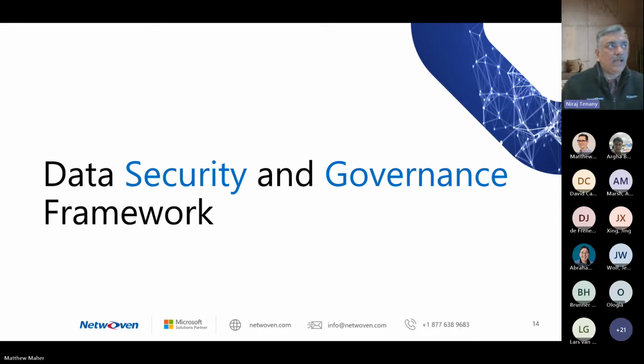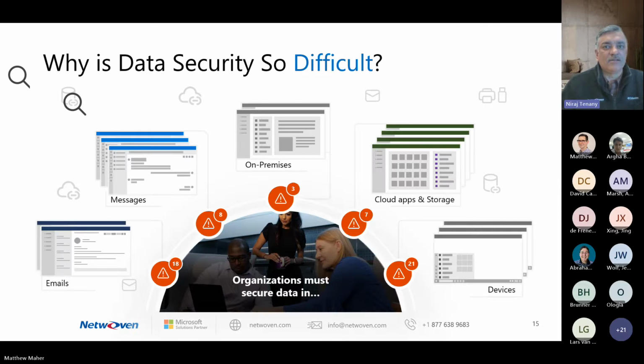So as we work with companies, many companies ask us, hey, I know that this is a problem, but how do I address it? Right? Can you help guide us on what to do? So why is data security so difficult? It's so difficult because there's so much data out there, things that you know in an organization, things that you don't know in an organization. And sometimes when people think of data security, they only think of unstructured data like your files. But data security has to spread across structured and unstructured data. So we've got to look at all of these areas as we prepare your data security strategy.